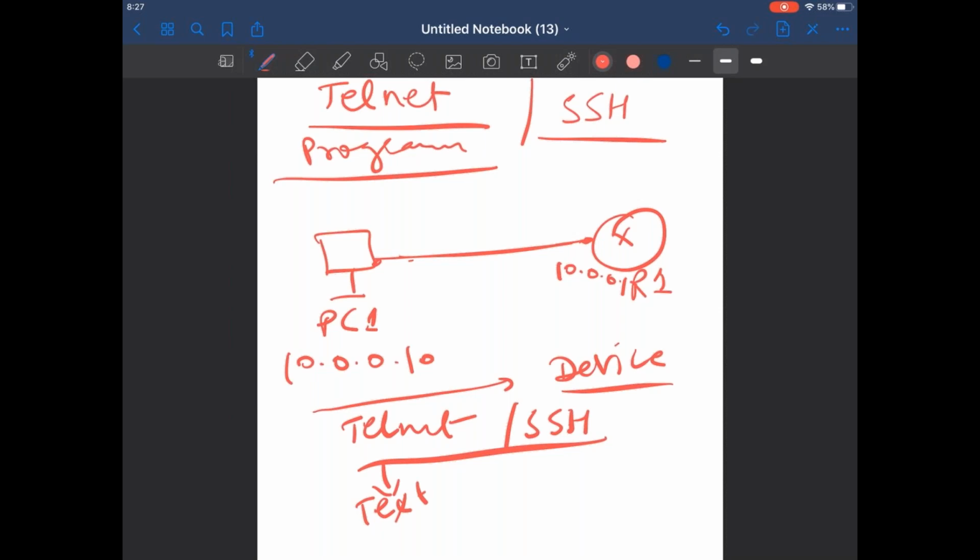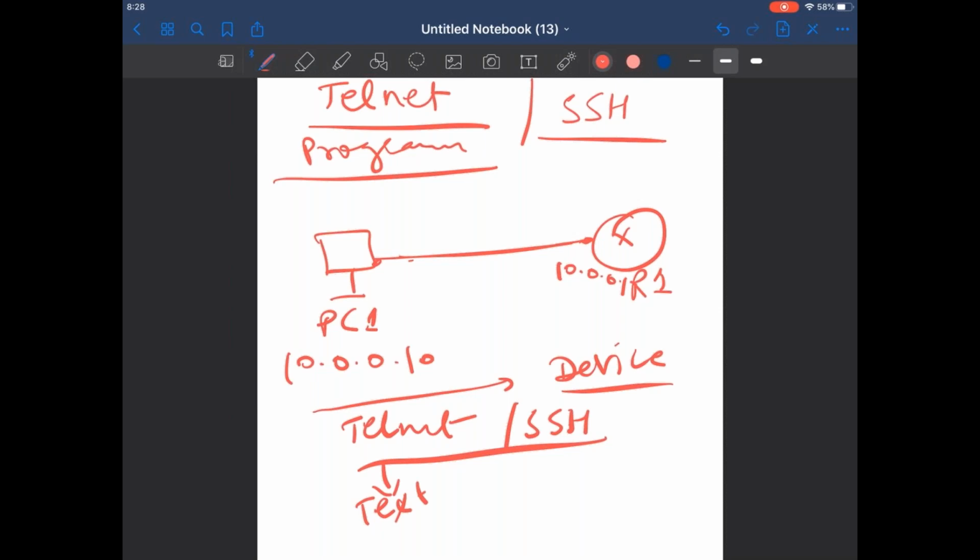If I maintain a virtual terminal connection, a virtual connection between two devices, the communication will happen in simple text. Anyone can check the text, what is going on. And it uses the TCP protocol, Transmission Control Protocol.